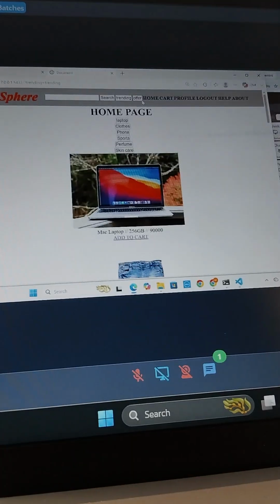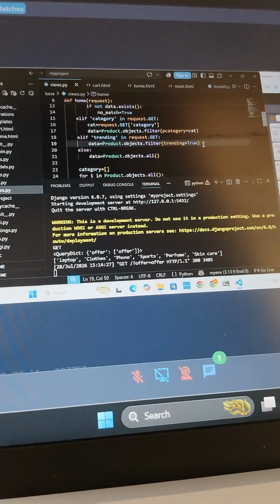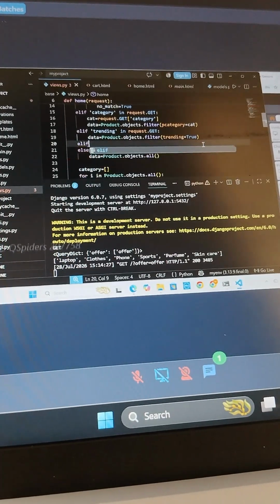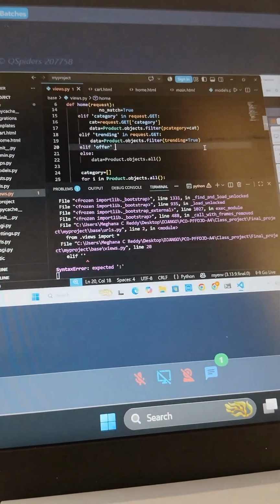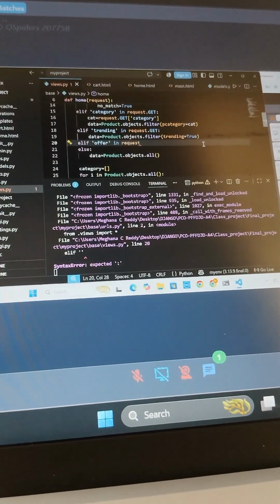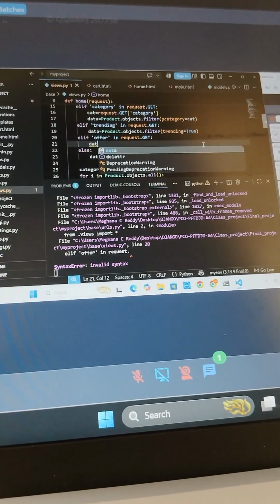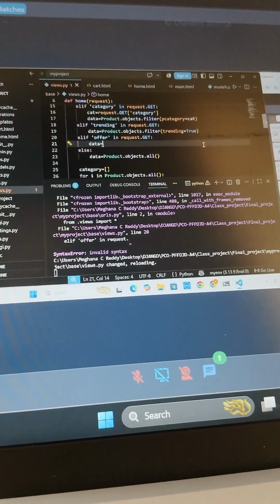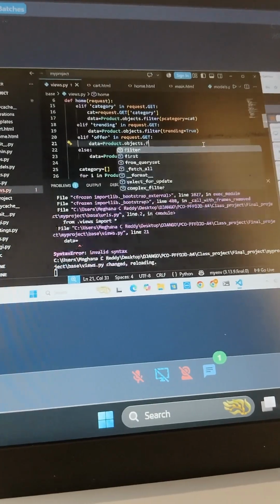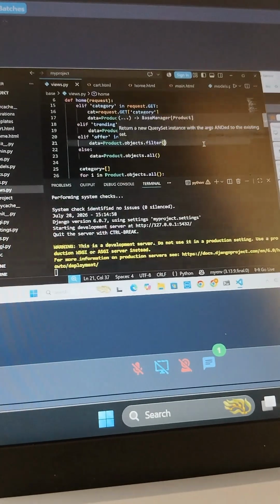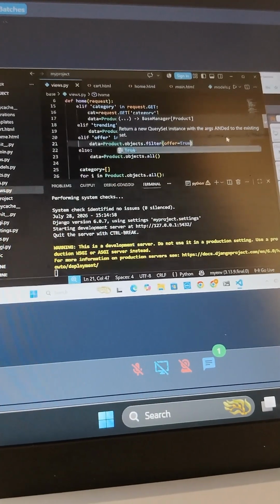Now if I am clicking on the offer, so what I will be able to get in the query dict? Offer. So I need to write the condition that elif offer in request.GET, Product.objects.filter offer equal to. Now I will be able to get